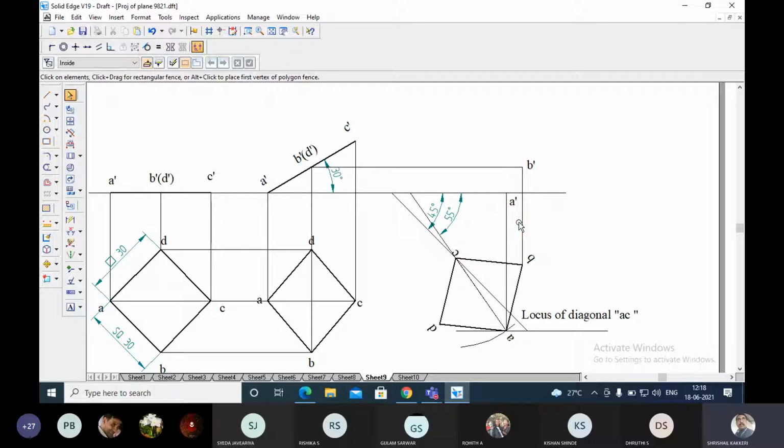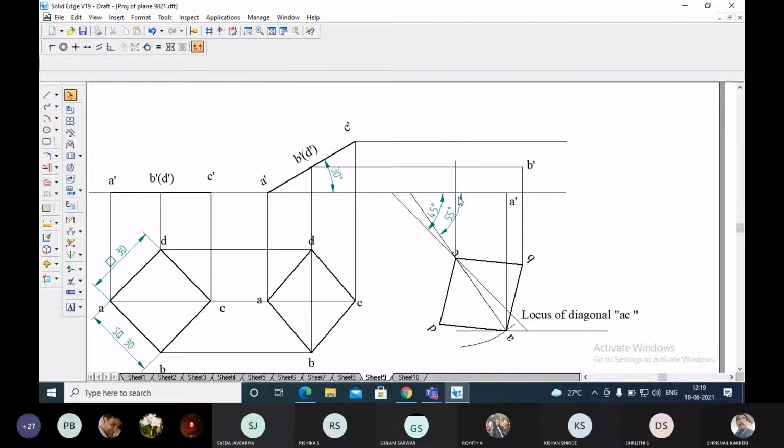And again from point C, let me copy one line. Be careful while taking. And project the line from C also. C and C, you can see, the intersection here will be giving you C. So extend this line, and trim the remaining part of it.